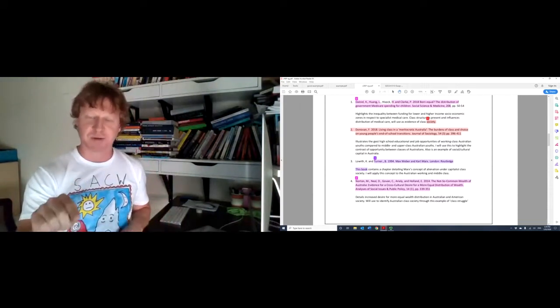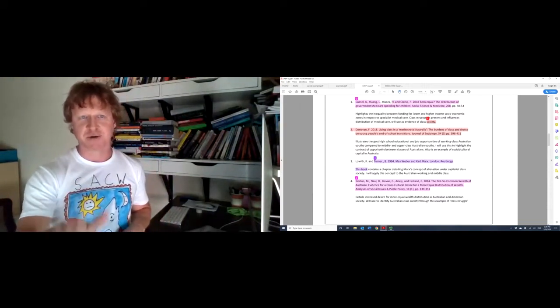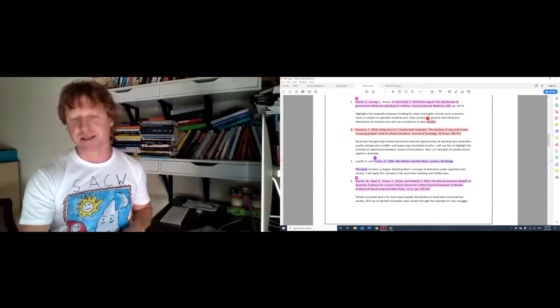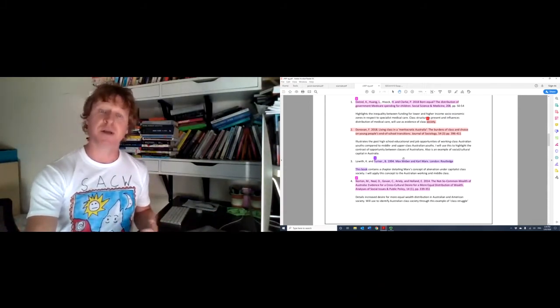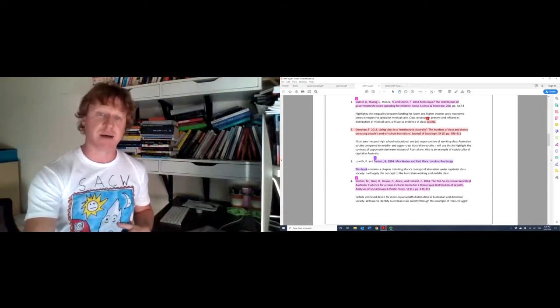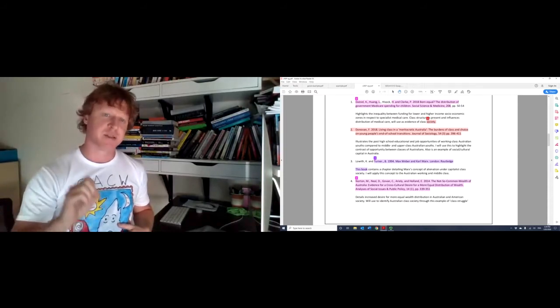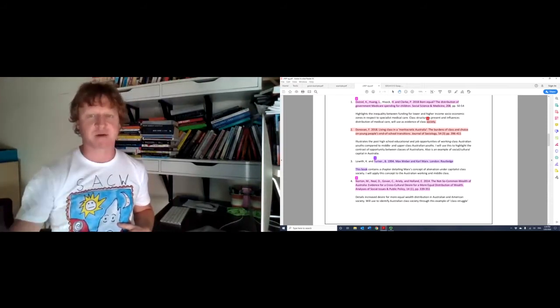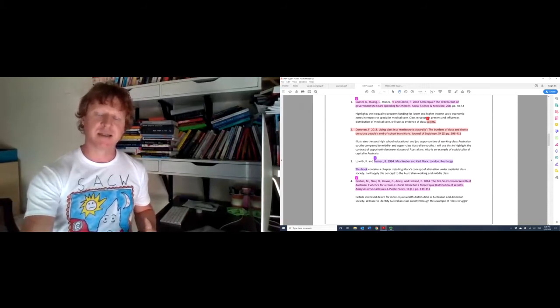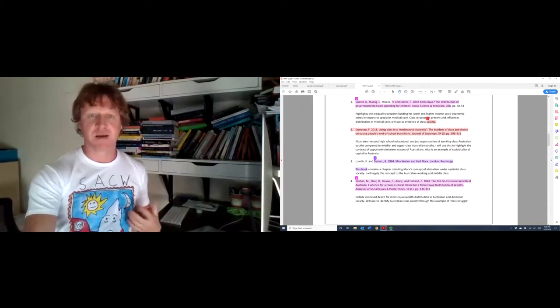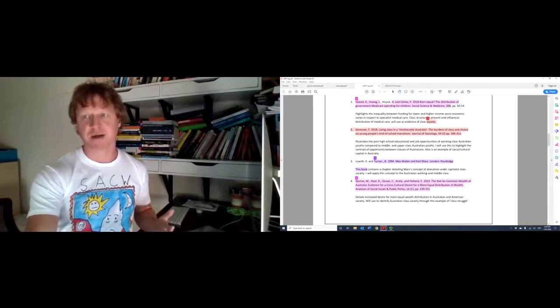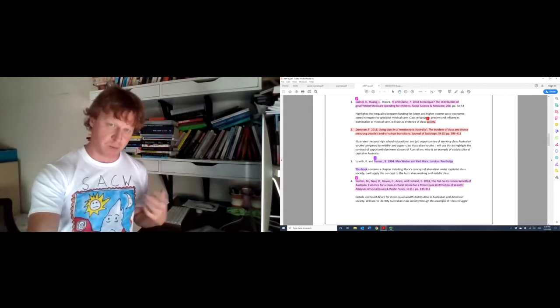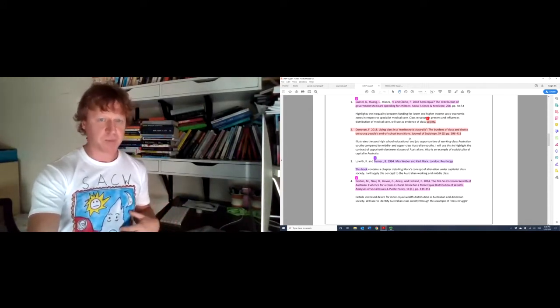Now, I can't actually do it on the example here because I've had to use PDFs to anonymize these assessment items. But when we open Turnitin, we can then click on these numbers, and then it opens up specifically where that's coming from. So if it is a block of text, we can actually see very quickly the original source and come to a conclusion about whether you've cut and pasted or not.